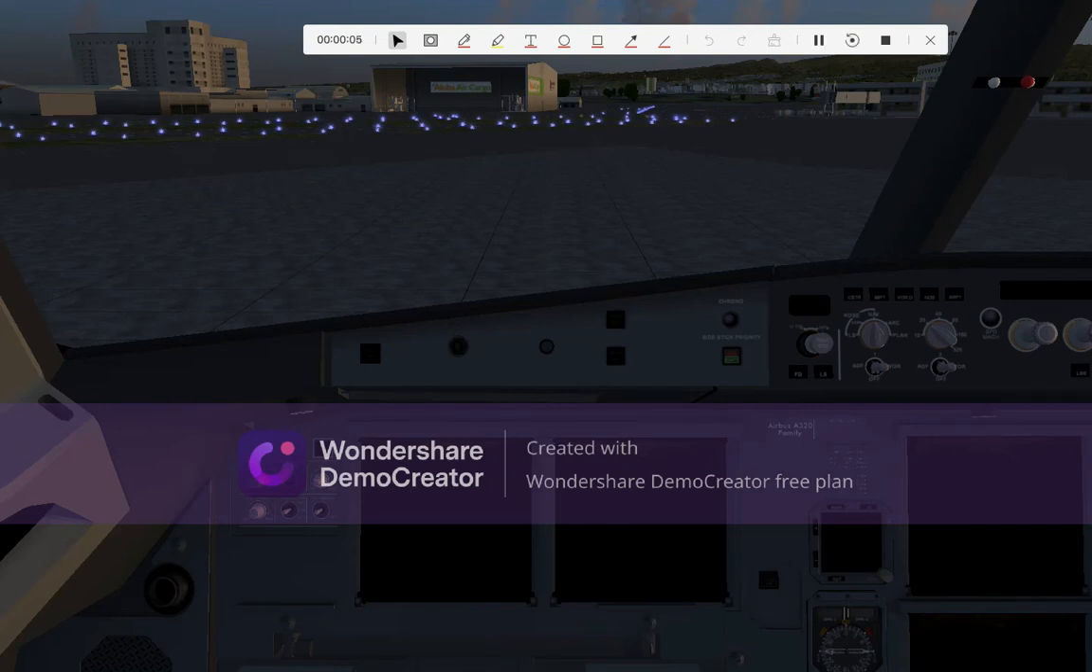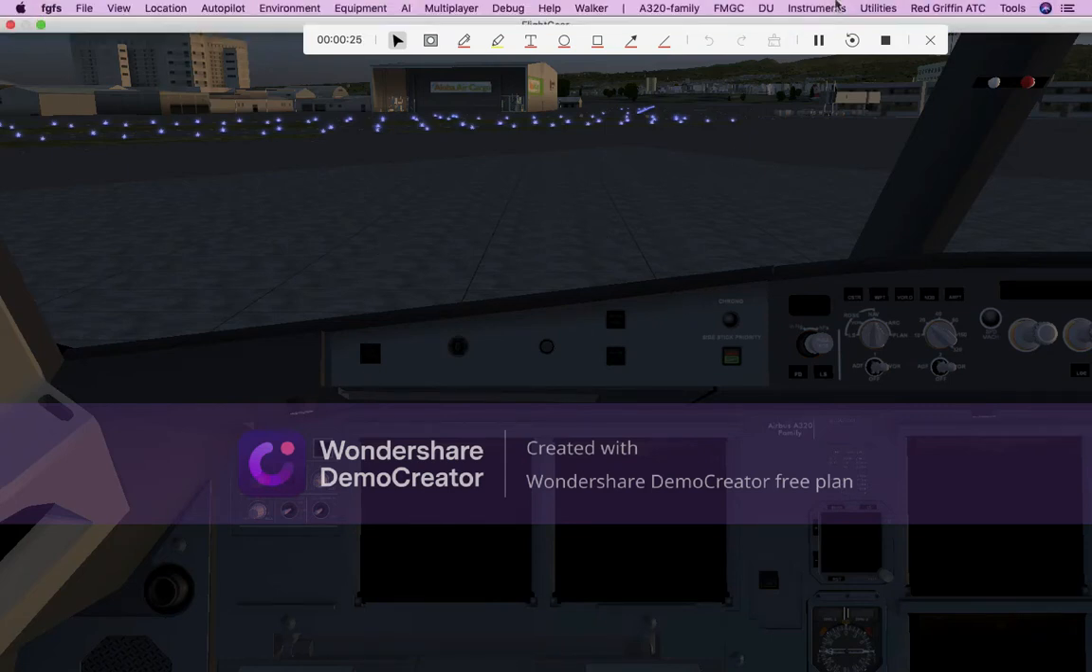Today I decided to do a small tutorial on the A320 family. Right now my computer seems to be freaking out, we have a bit of a problem. Now let's go over the A320, which does have a SimBrief